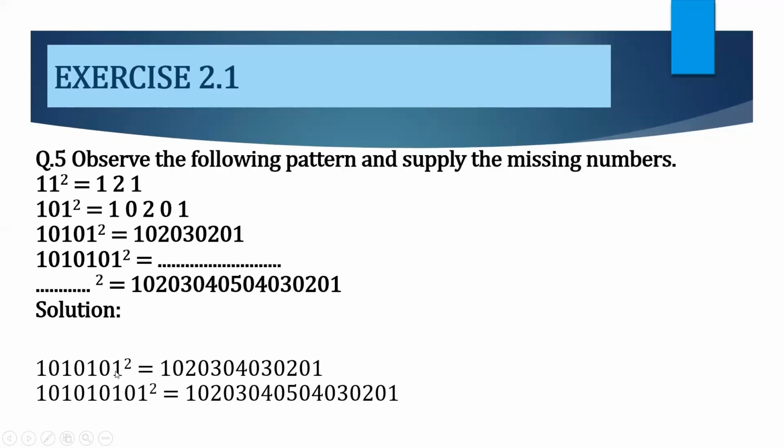1010101. Okay, then last here we have 5 in the center, then zeros, then 4s, then again zeros, then again 3s, then again zeros, then again 2s, and then again zeros, and then again 1. So here we have 5 in the center. So what we have to write is 1 0 1 0 1 0 1 0. So 4 times 1 0 1 0 1 0 we will repeat, and the last digit will be 1. And so this number is the square of this 1 0 1 0 1 0 1 0 1.